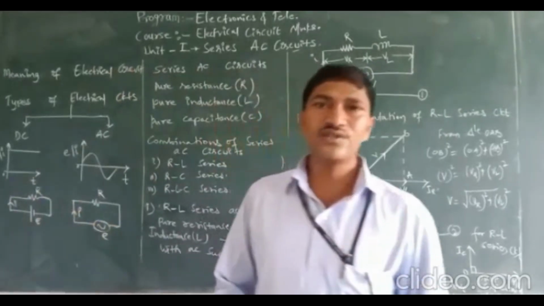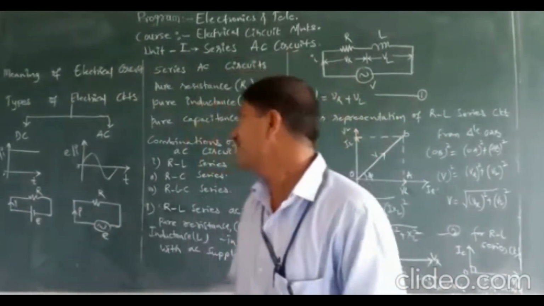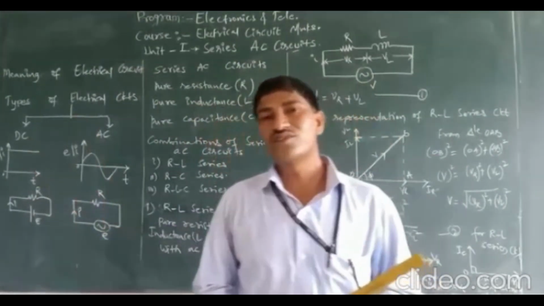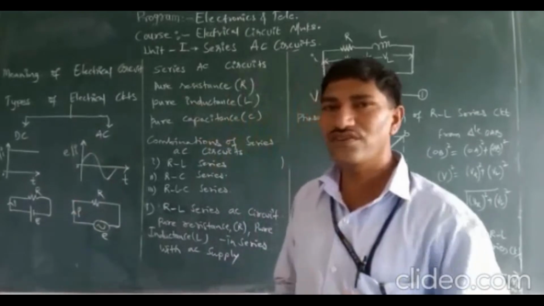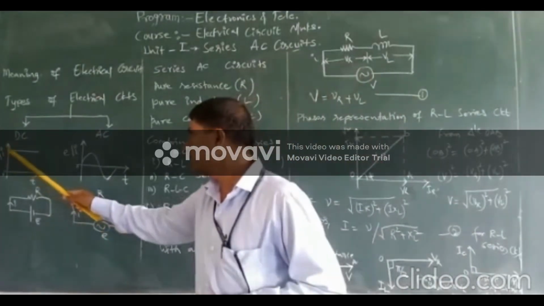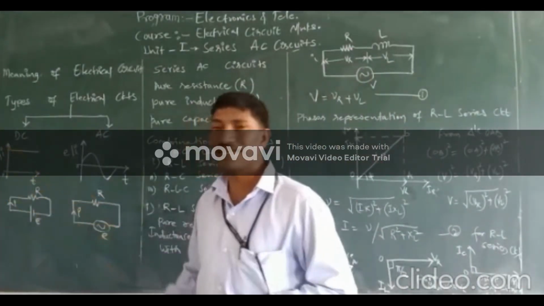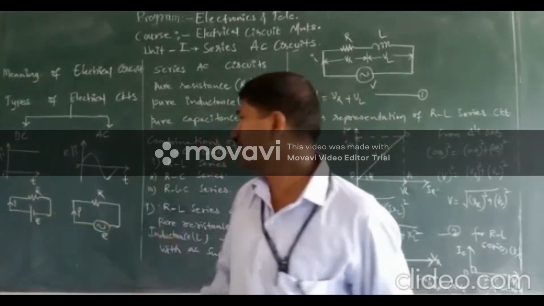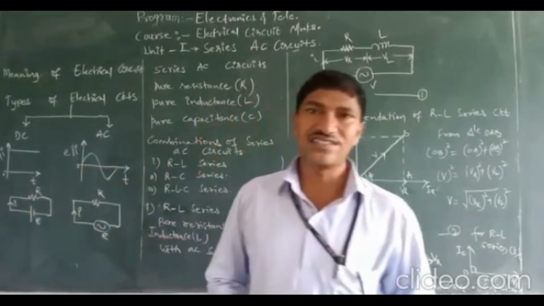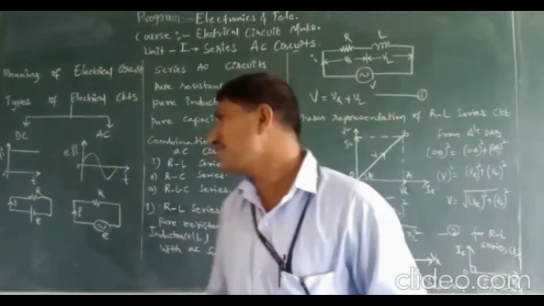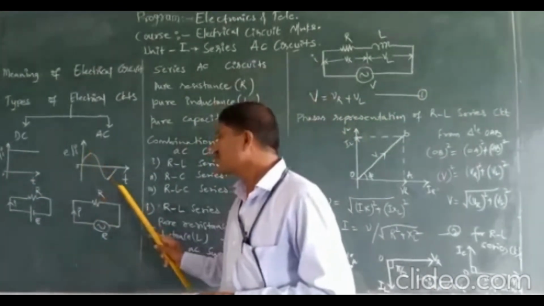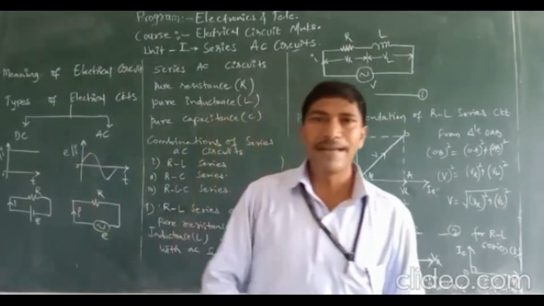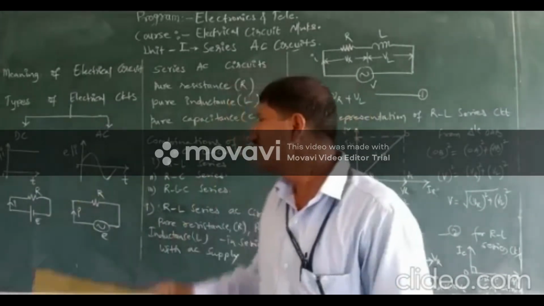Now again, when you look into the nature of a DC circuit and the nature of an AC circuit, we have got to define what actually is a DC circuit. So a DC circuit is one in which the magnitude of a voltage or current tries to remain constant irrespective of a variation of time. Similarly, with respect to AC circuits, the magnitudes of voltage and current vary continuously with respect to time. So in the first graph, maybe you can see that the magnitude of voltage and the current remains